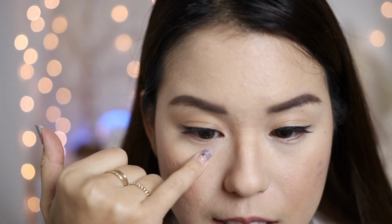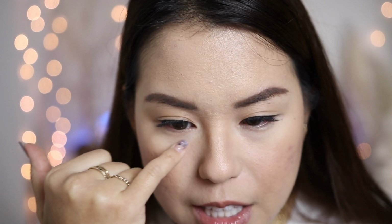And even though I don't have a lot of fine lines on my under eye area, you can see it kind of looks rough on this area. You can see my lines underneath my eye area, which I normally don't get that much when I'm using my Pat McGrath, my e.l.f. concealer. With that being said, I feel like a more liquid formula of a concealer might work better for my under eye area,